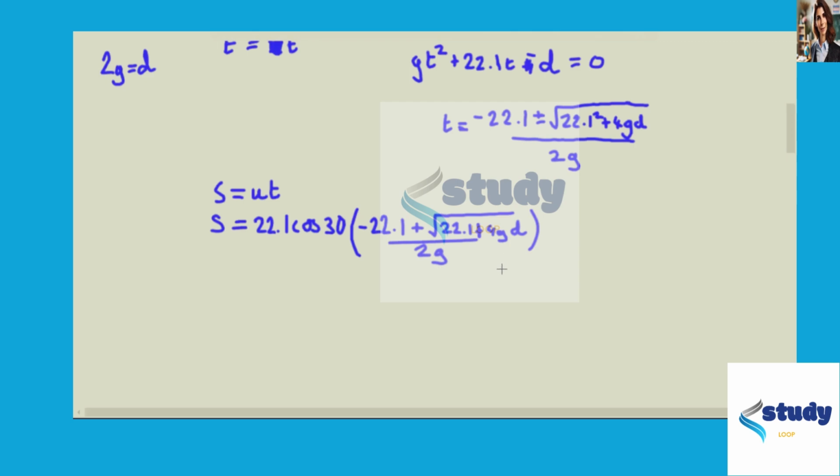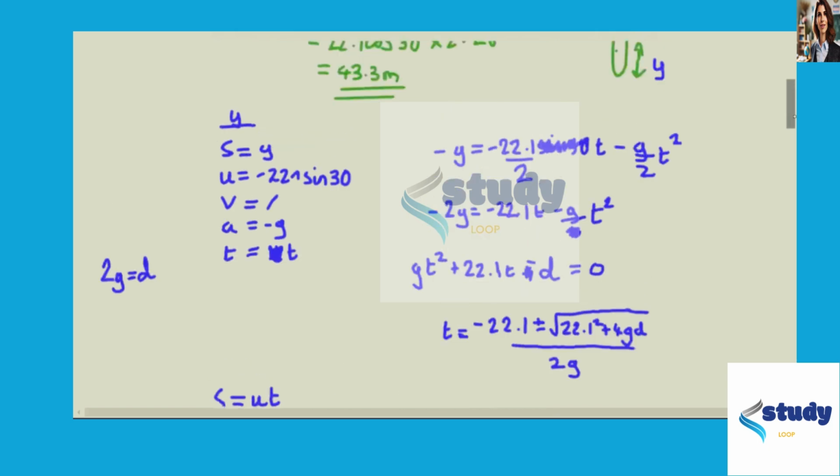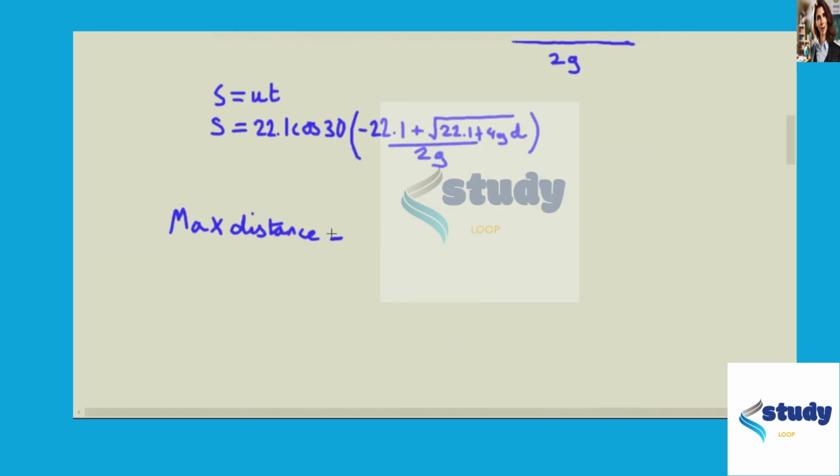distance we could get if we were aiming for the center of the target and it had a radius associated with it. So finally, the max distance is obviously variable. It's dependent on the size of your target. But simply put, the max distance you can get is your 43.3 meters that you already had, in addition to a formula which is 22.1 cosine of 30. And we can even neaten up the part in the brackets as well, in that we have